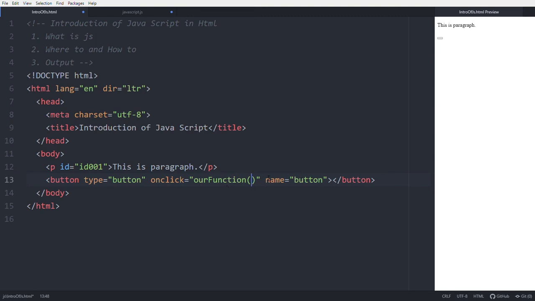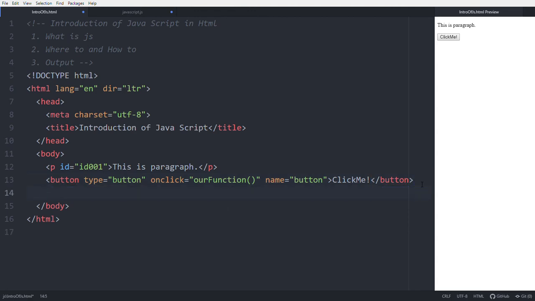See, this function is created. Write the name on the button: click me. Click me is created. When you click this button, this function is called.